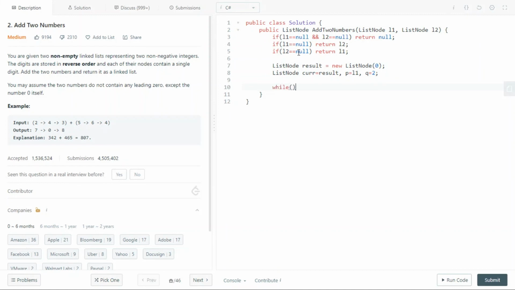Okay, we'll loop through unless and until p is not equal to null or q is not equal to null.